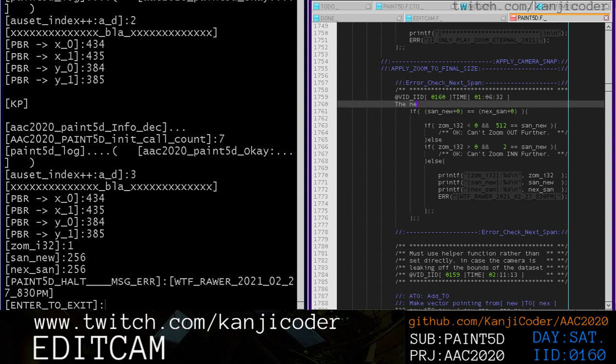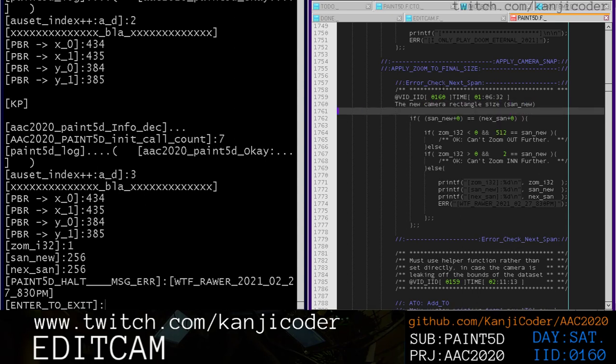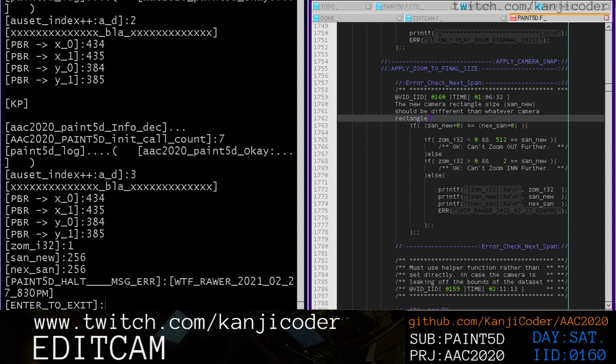The new camera rectangle size, span new, should be different than whatever camera rectangle size we snapped. Oh, that's weird. The final